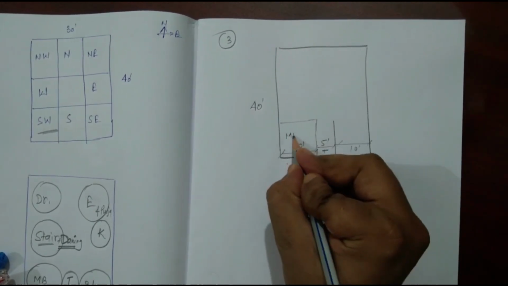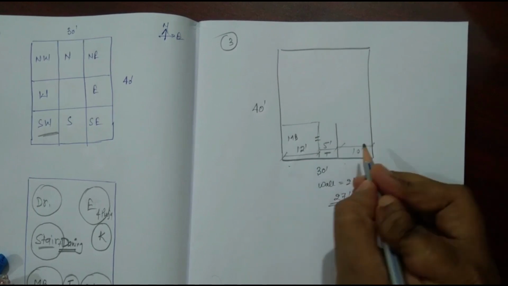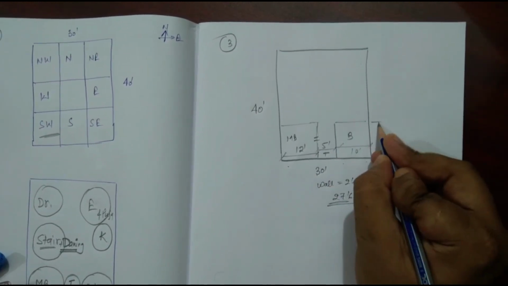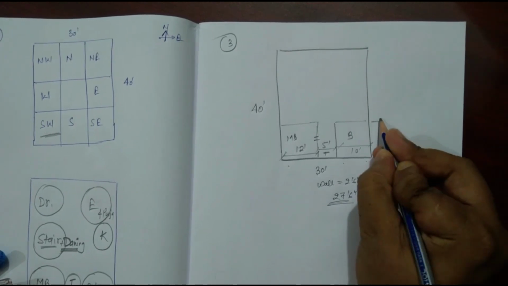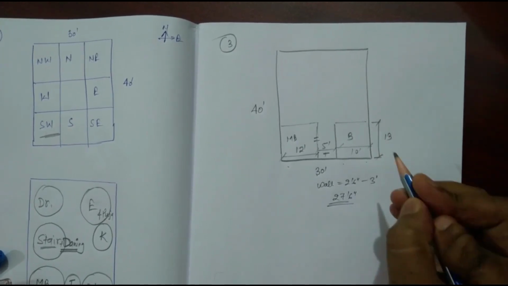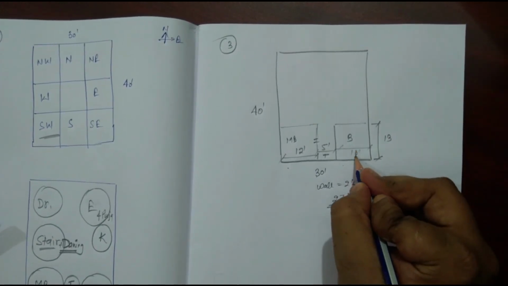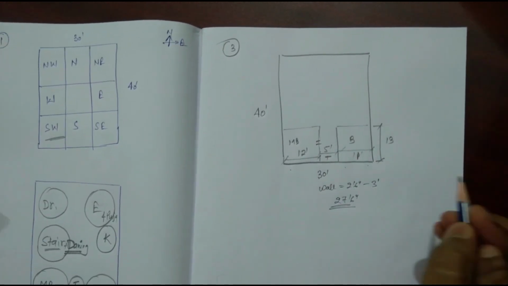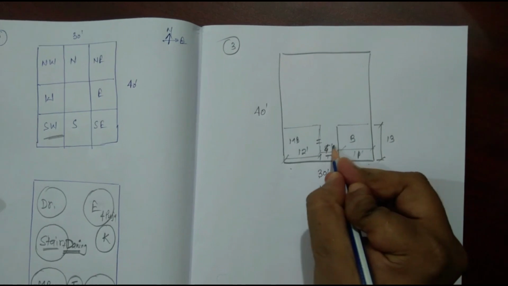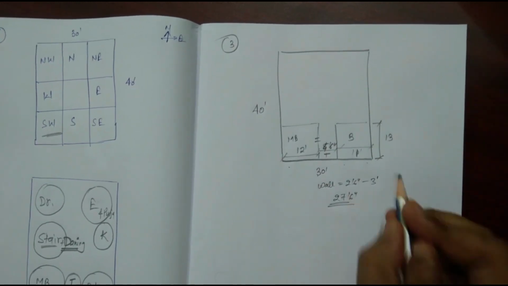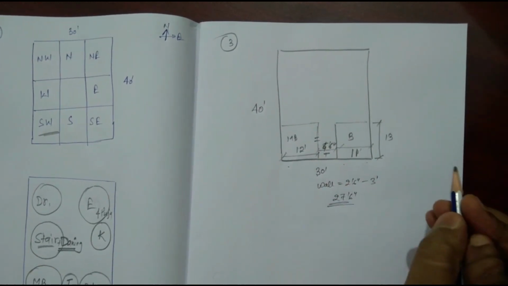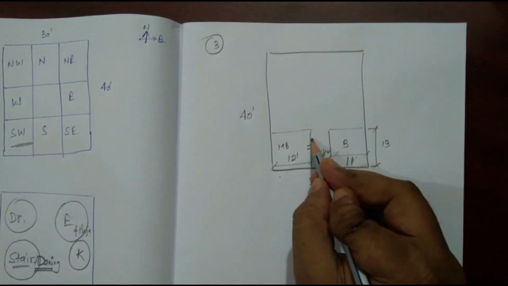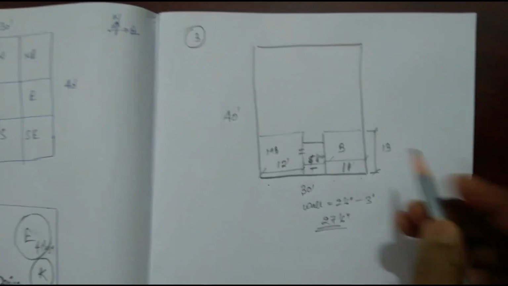Now this will be the master bedroom, and this will be a door which is the attached toilet. For the attached toilet, this will be the bedroom, and this space will easily be 13 feet. 13 feet for the master bedroom. This we can do 11 feet, and if we do 11 feet then the toilet will be 4 feet 6 inches. So we have developed quite spacious rooms here, 11 feet by 13 feet and 12 feet by 13 feet for the 2 bedrooms, and also we have an attached toilet here.